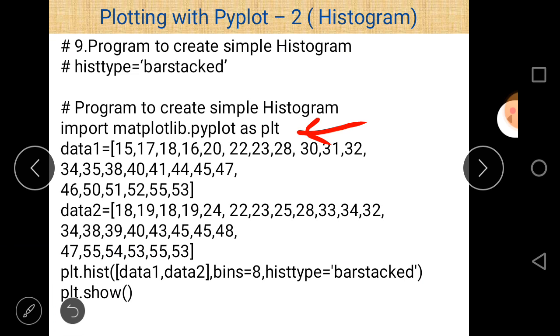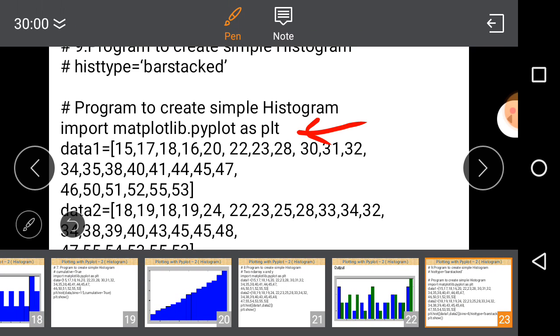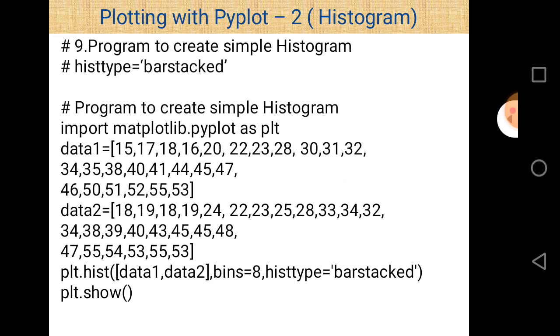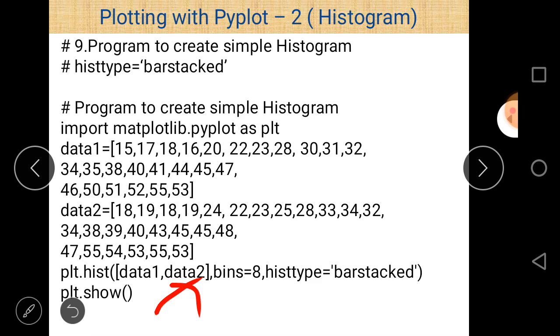When we use the hist function, we just write plt, because plt is the alternative name of matplotlib here. And then hist is the name of the function to create a histogram.